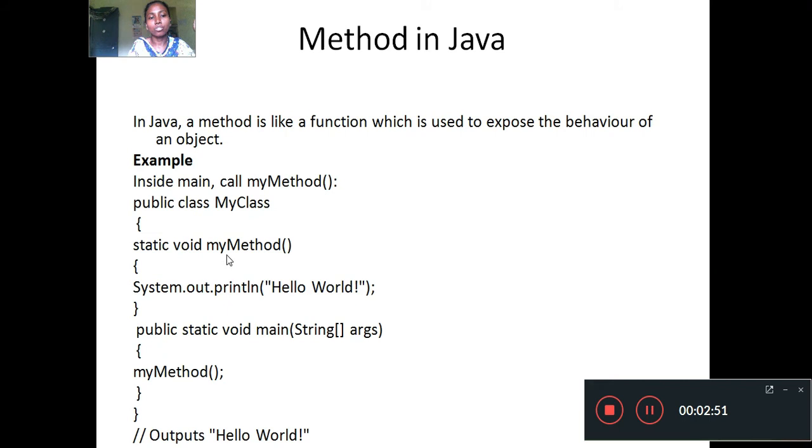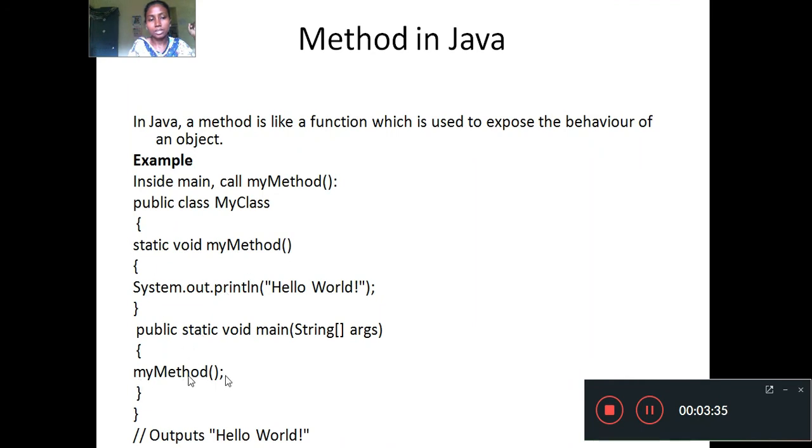Okay, so static void myMethod, this is the static value. I created a method that is not static. When I give static, then it is not accessed by everyone. Okay, so void myMethod, I am printing hello world. Here now I write the public main method, then I call the method, that is method calling: myMethod, then parenthesis, semicolon. So when I call the method, it goes to this position. When I call the method, which position does it go to? The method definition. This is the method definition. Okay, if you write void myMethod like this with a semicolon, that means it is a declaration. Here I have written the definition, the method definition.